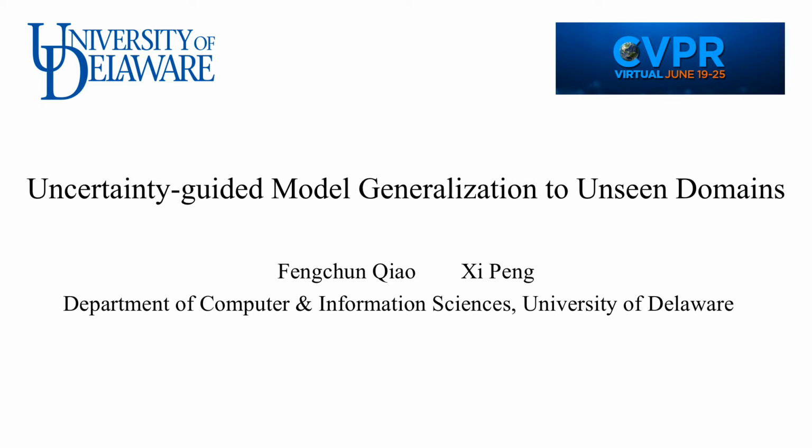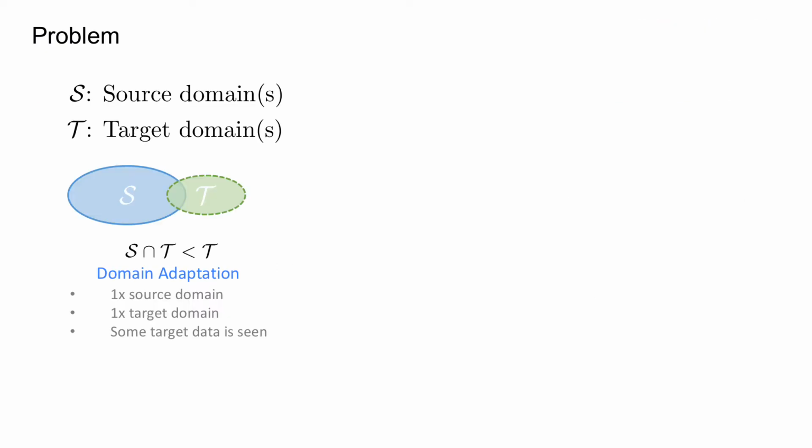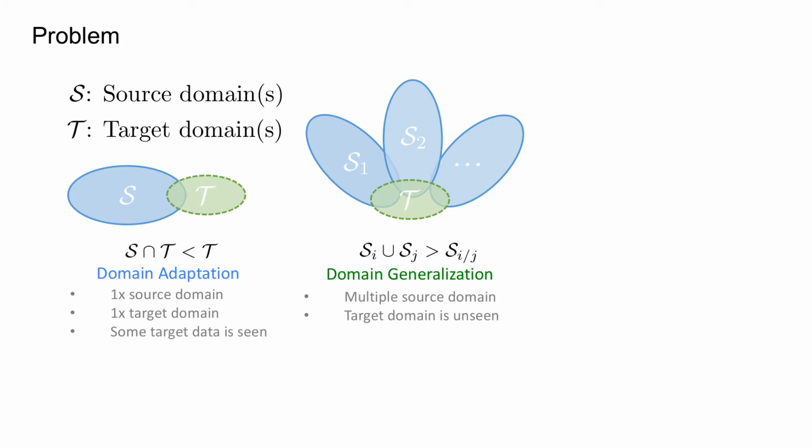This is a recording video for our paper Uncertainty Guided Model Generalization to Unseen Domains. Domain adaptation is a well-studied problem where we have one source domain, one target domain, and some target data is available during training. Different from domain adaptation, in domain generalization, the target domain is unseen, but we have multiple source